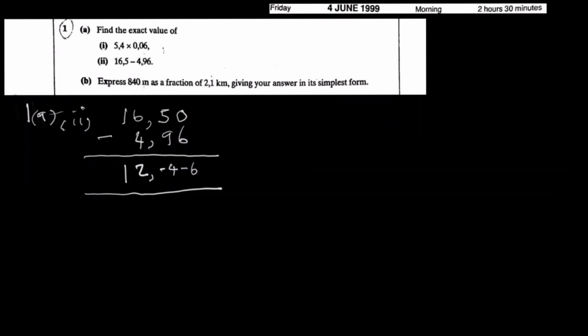What we do here is we should firstly recognize our abacus. And by abacus, what do I mean? These are tens, these are units, these are tenths, and these are hundredths, right? So what we are going to do next is we are going to multiply each term by its corresponding abacus value, if I may say.